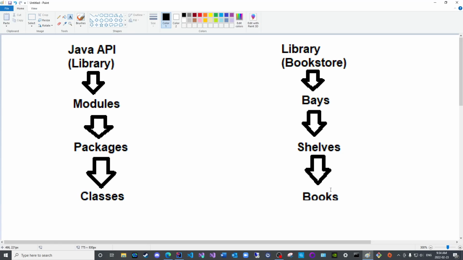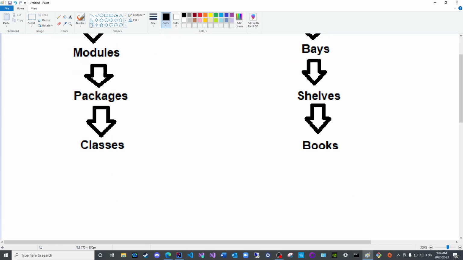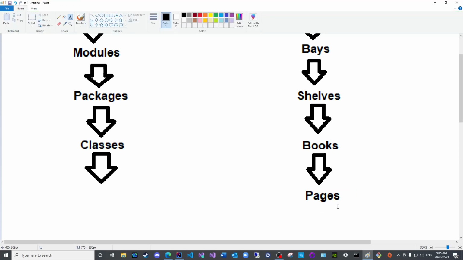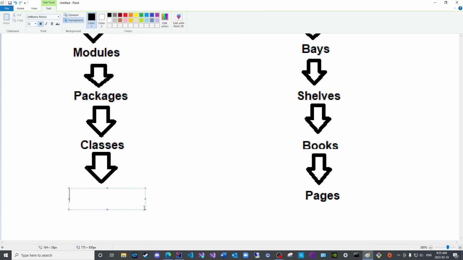Within each book, you will find a collection of pages. Each book contains multiple pages, unless it is a short story, then it will not have as many pages. So these will be pages. In classes, however, its pages are known as methods and instance variables,